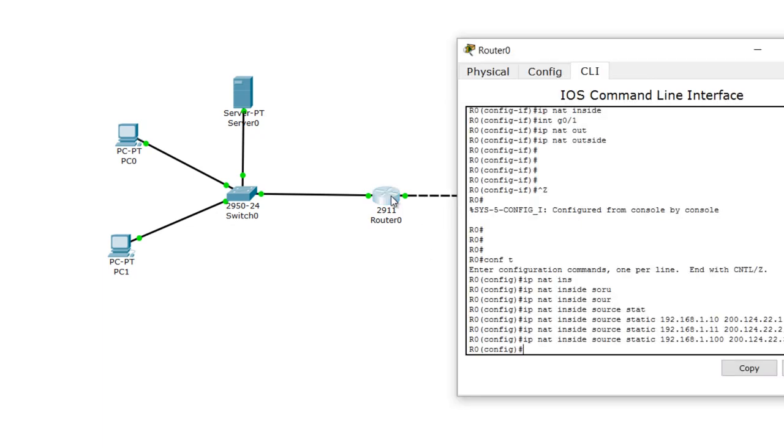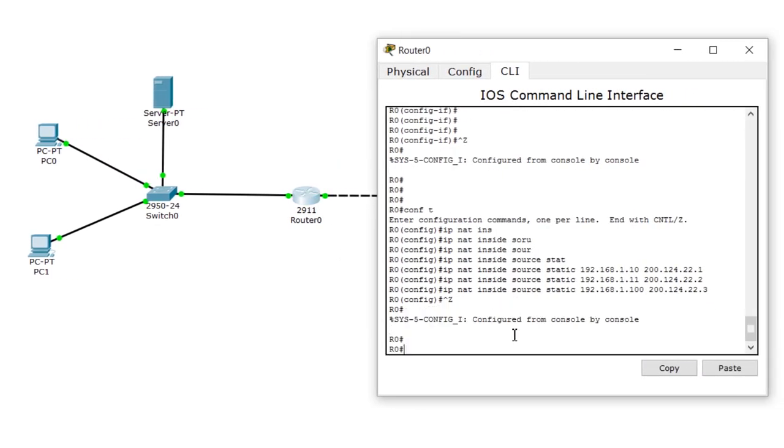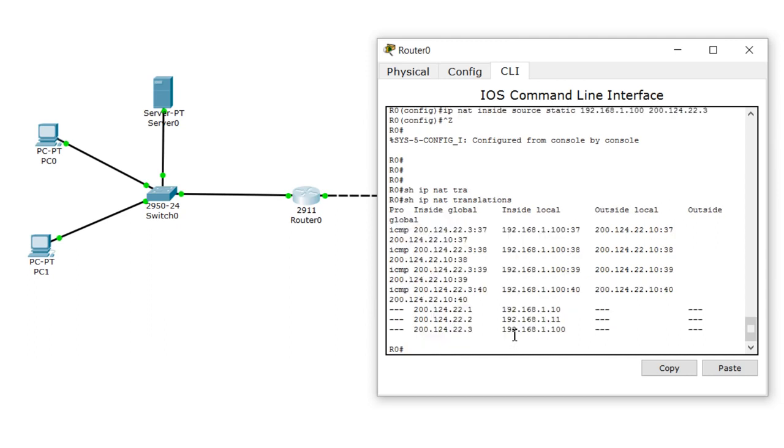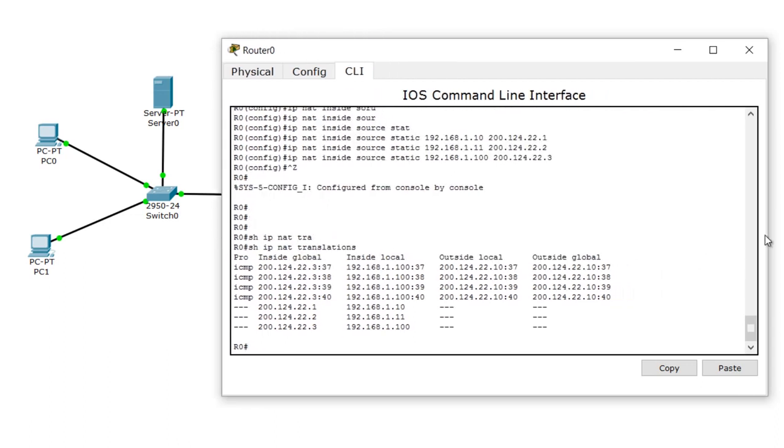Again, another thing we can do to verify the translation is say show IP NAT translations. It will show all the translations that are happening. So at the moment you can see 222.3. So inside global, if you remember, is the public IP address, not the IP address of your device from before translation, but the global IP address. So globally this device is known as